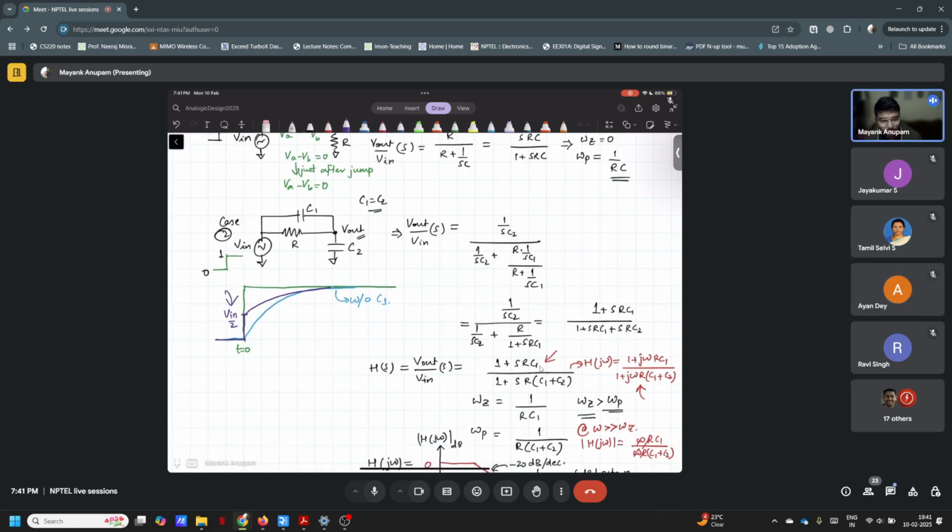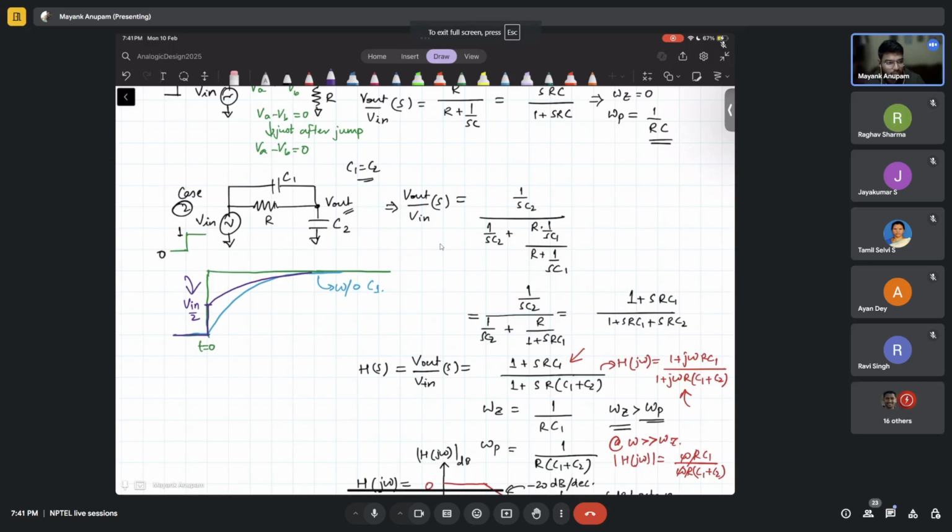This is a very important point. Please confirm whether you understood this or not. Only then will I move forward. So I have a question: will the time constant be the same in this case as well? No, it will not be the same. Definitely, you see that